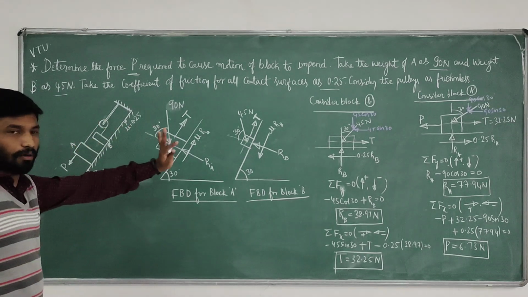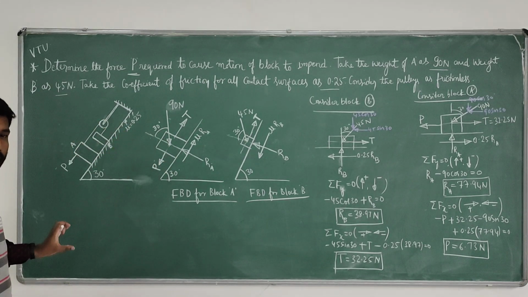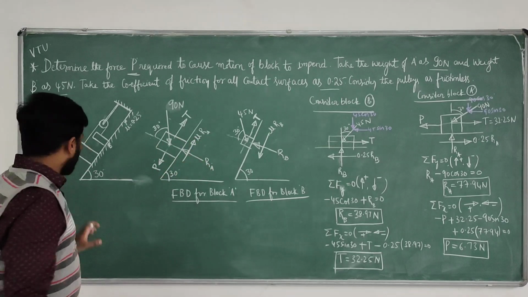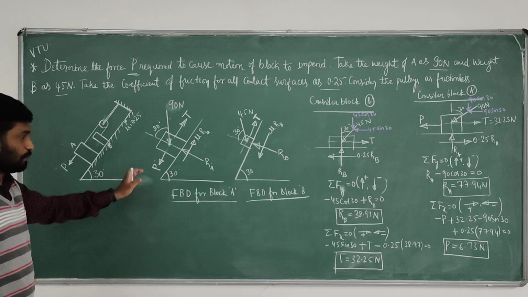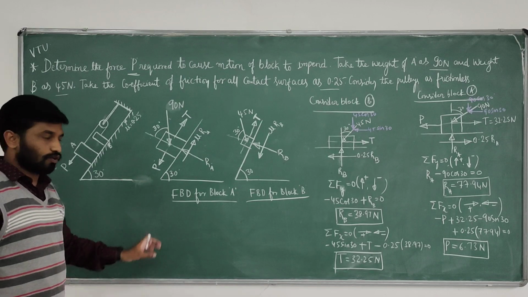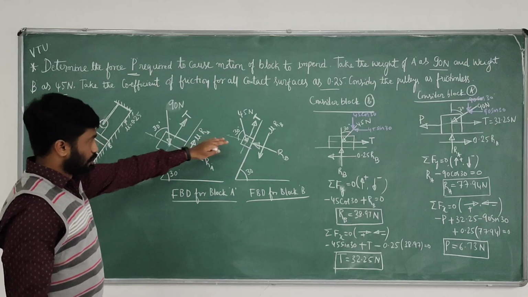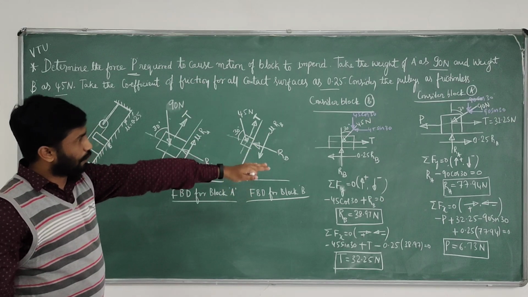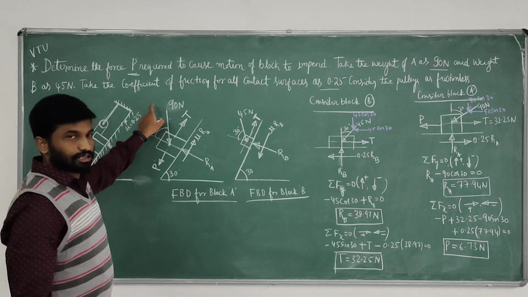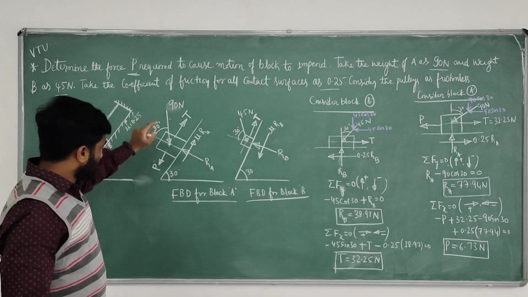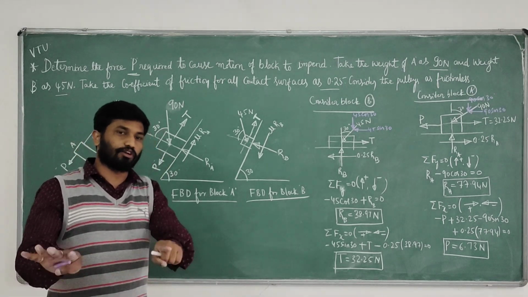So this is a very simple problem, 10 marks problem. So there are two blocks on inclined plane. First write the free body diagram. While writing, the string is taken as tension and P is the unknown force. This P we have to compute. So when P is moving in this direction, friction will develop in the opposite direction. Mu value for all contact surfaces is given as 0.25. This is very important because when blocks are given on an inclined plane, we have to use the concept of angle of repose.